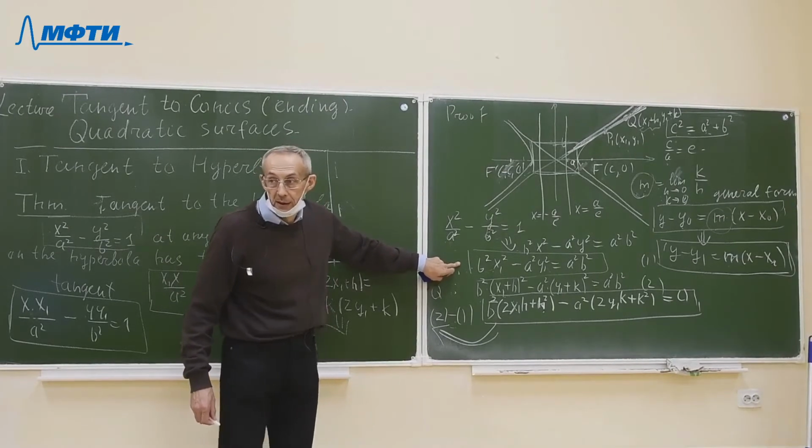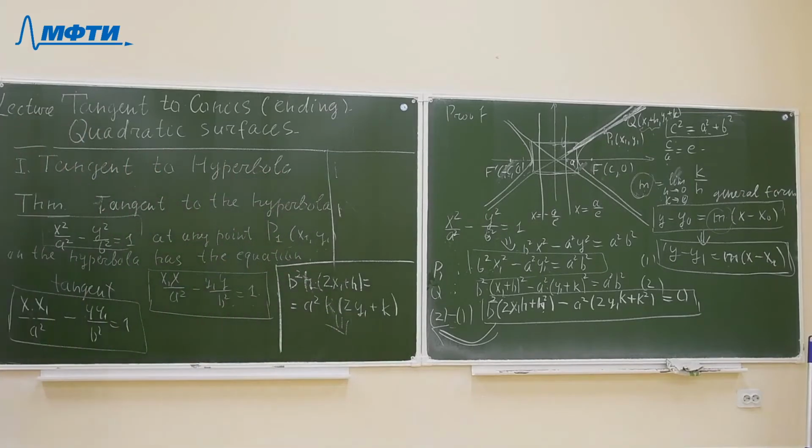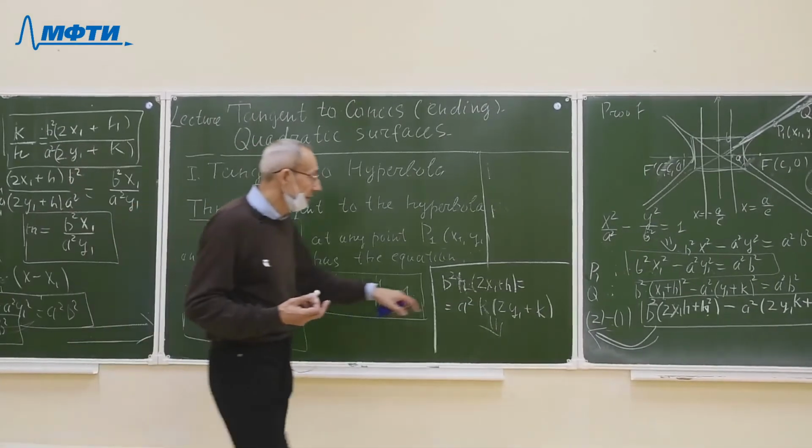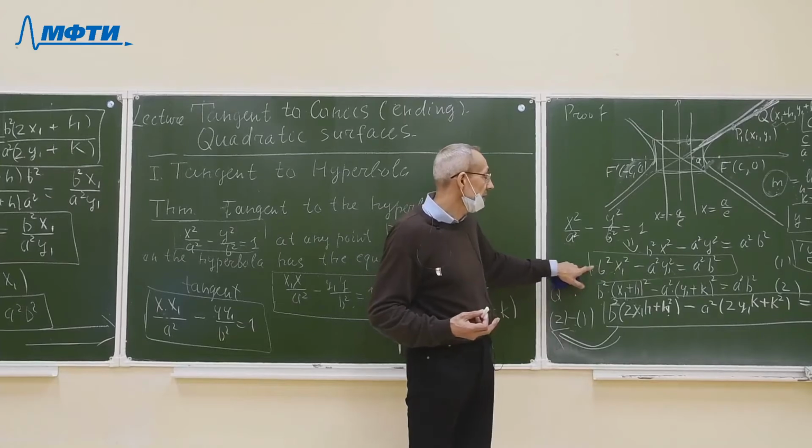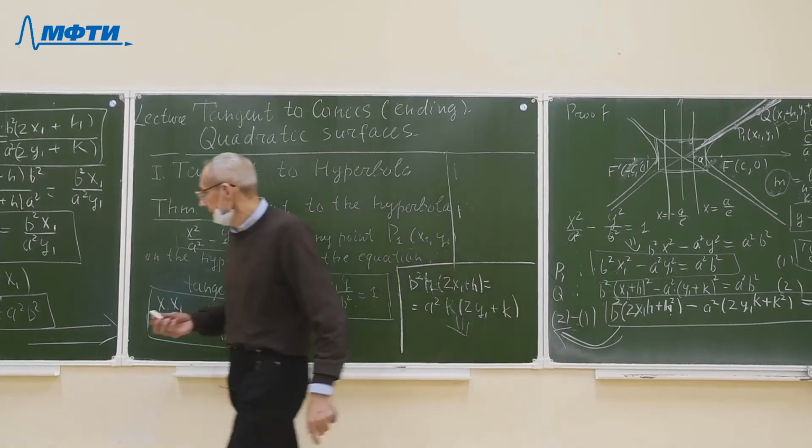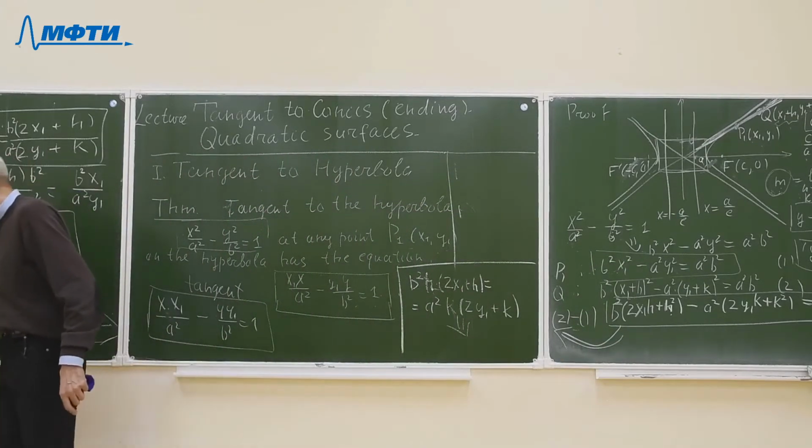Okay, so y1 should be squared and x1 should be squared, right? Sorry, x1 is a coordinate of the fixed point. And because the coordinate of this fixed point satisfies this equation, we use this fact in this